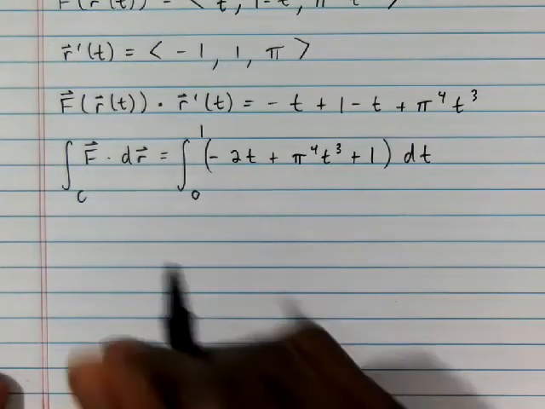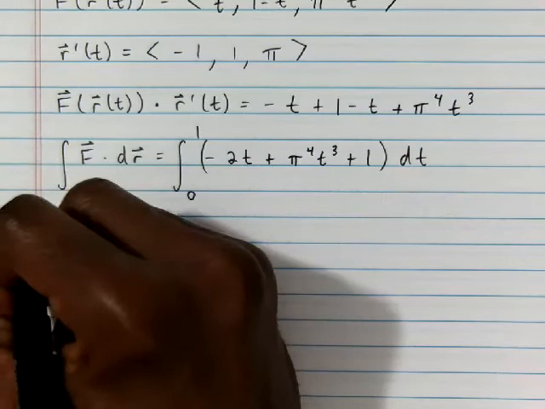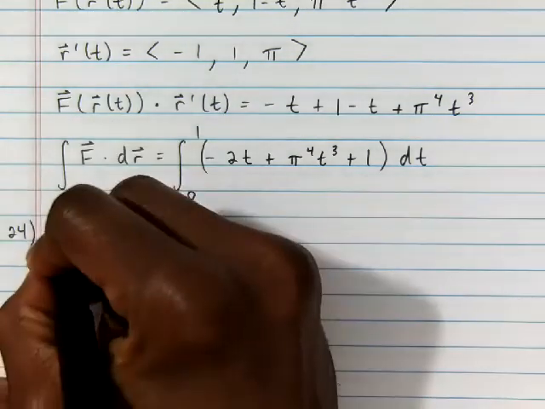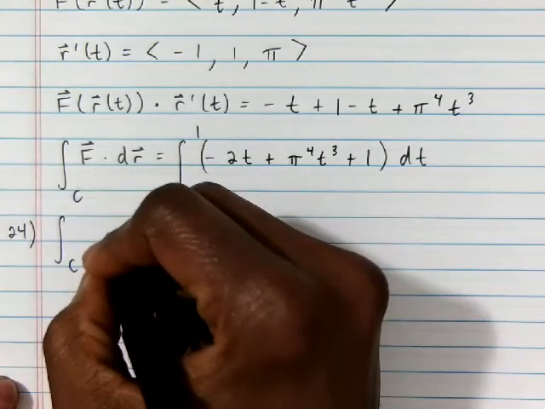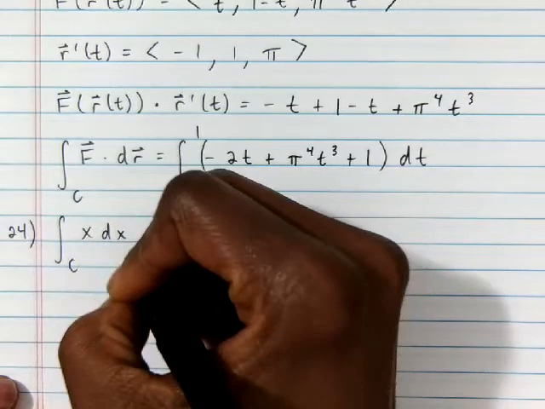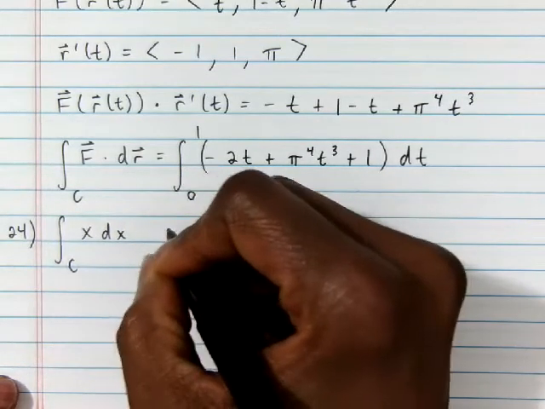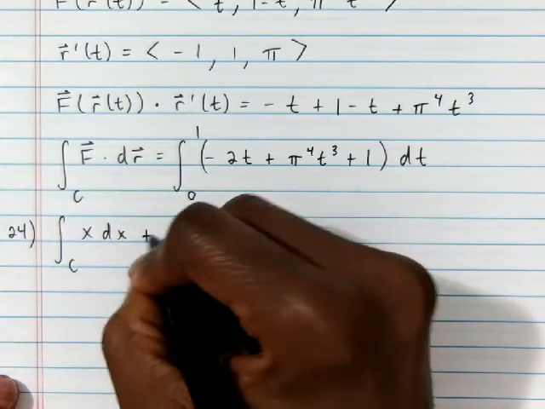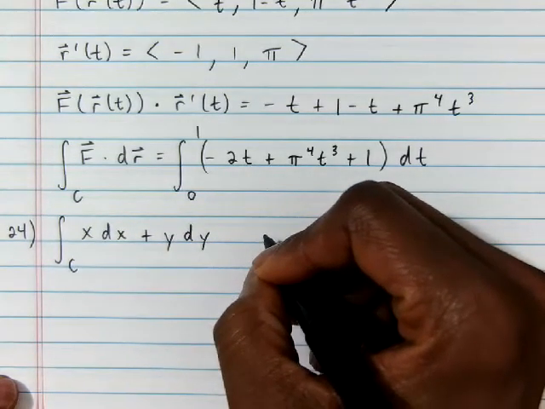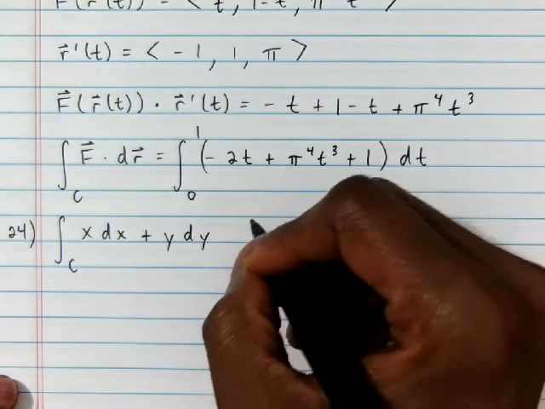So number 24 says, in exercises 19 through 28, evaluate the line integral. And number 24 says the line integral over C of x dx plus y dy plus xy dz,